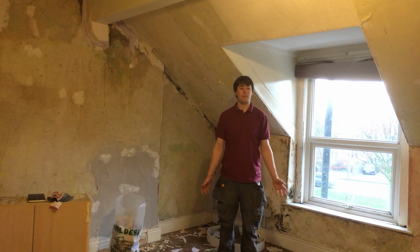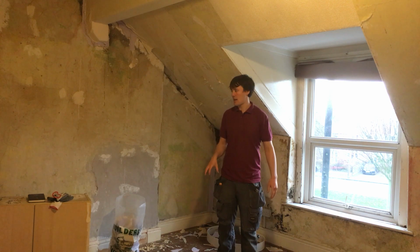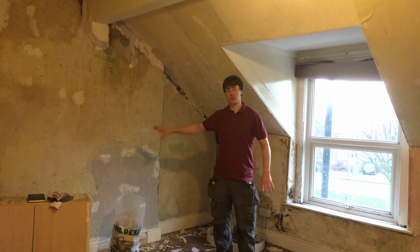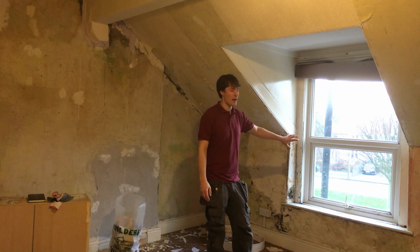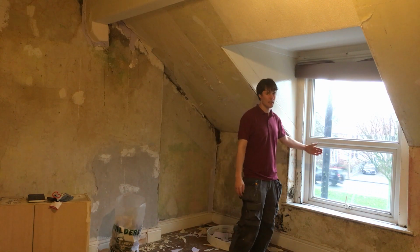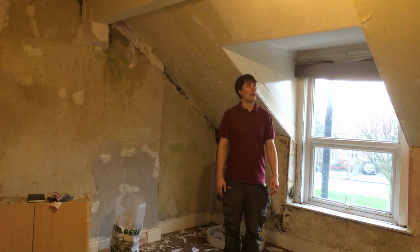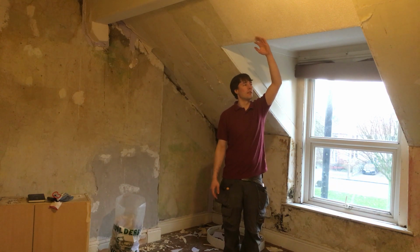So, this is the last bedroom. It's basically the same footprint as the master bed downstairs. Slight variation with the chimney breast. That's the same throughout the entire property. Chimney breasts have variants in them. Also, it obviously doesn't have the bay, so we've lost a tiny bit of space there, but it's neither here nor there. And the final thing, as with the small bedroom, you're losing some of the space to the eaves,